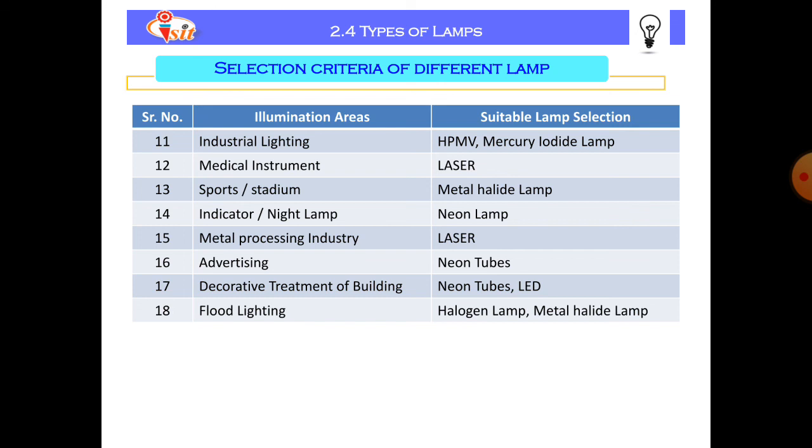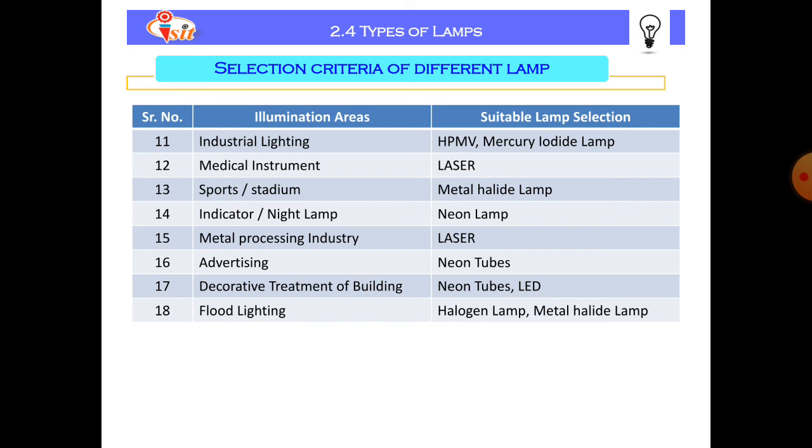So these are the criteria for selection of different lamps according to the use or the illumination area. Here is a question for homework: compare the different lamps.